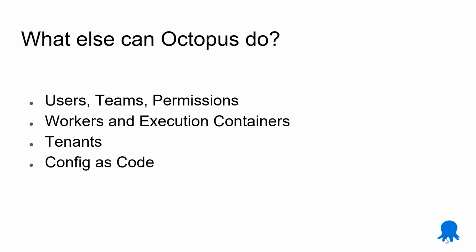Some of the great things that you can do, as I touched on a bit, is you can set up users and teams and various different permission levels, depending on who needs what access and who needs to be able to do what, and maybe who has access only to kick off those production deployments as well. We've also got things like, as I mentioned, workers and execution containers, which can help you if you're deploying to lots more servers and at a bigger scale. They can definitely help take off that load for you and start to distribute it out depending on your needs.